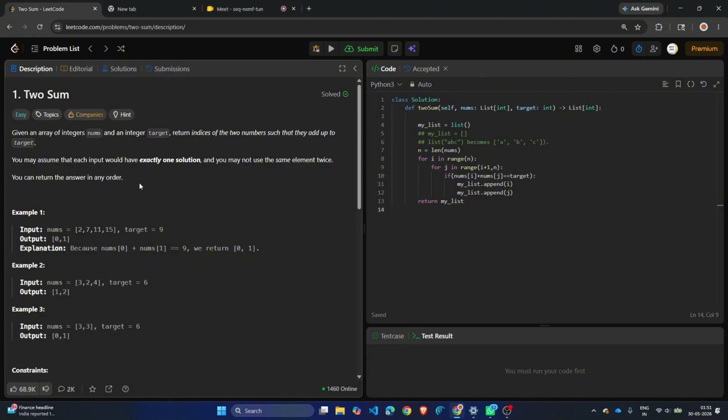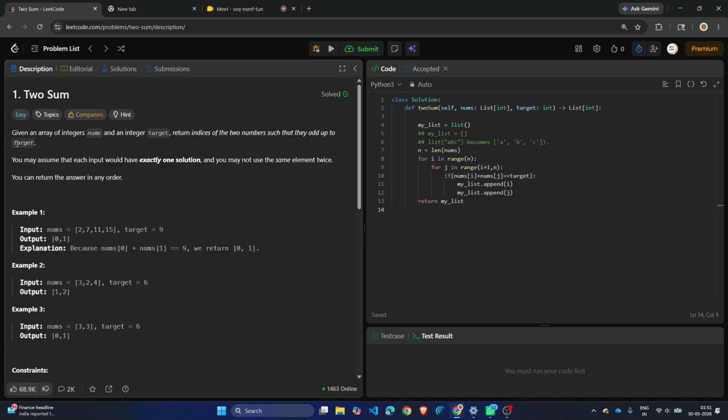So these things should be very carefully done. Understand the question first, then I will explain the code one by one. First I am going to explain the problem, what it is saying. Here, given an array of integers nums, which means integers का array दिया हुआ है. And there is one integer target. Return indices of the two numbers such that they add up